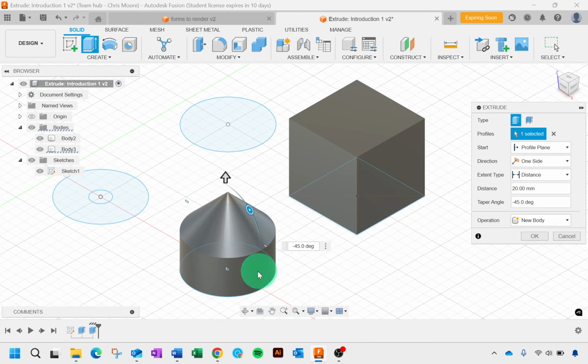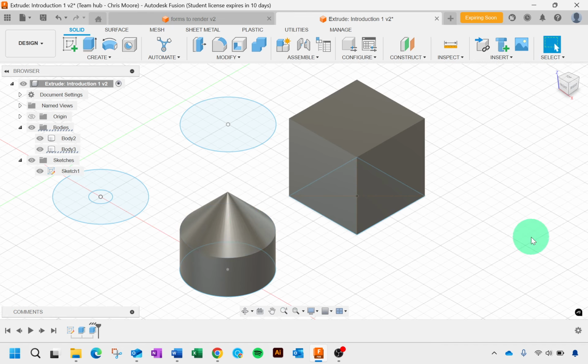If we have it as a join, it's going to be the same body the whole time. And so therefore, when we start applying colors or materials to it, it's going to be all the same. And then selecting OK. Now what we want to do is apply a